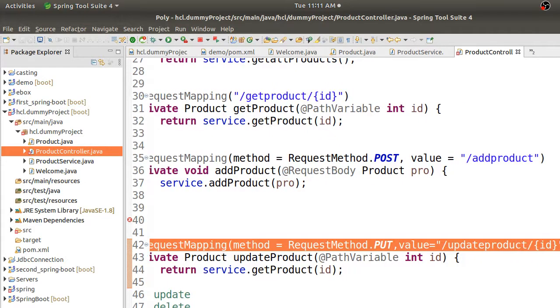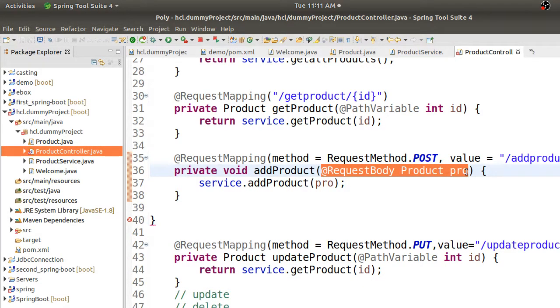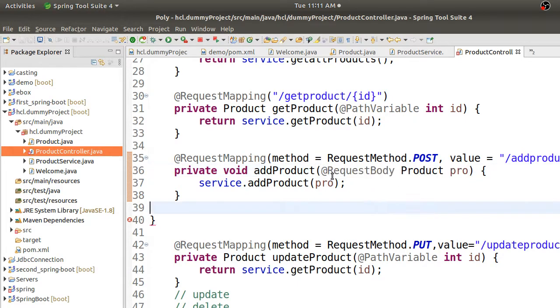So in this put request, it has this response body is also required, right? Say you need one particular product. I have to get a product by ID, and then I have to alter it. So for that updation work, you have to use slightly different syntax. See here you just use response body.